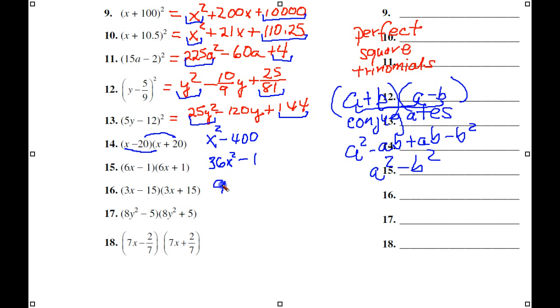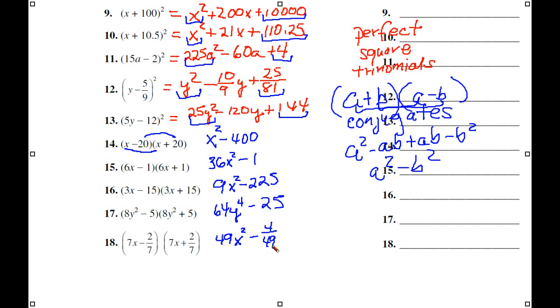And this will be 9x squared minus 225. And this will be 64y to the fourth minus 25. And this will be 49x squared minus 4